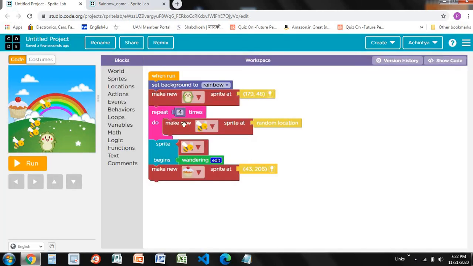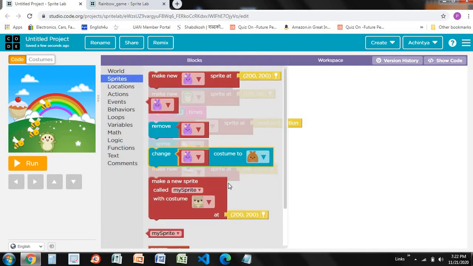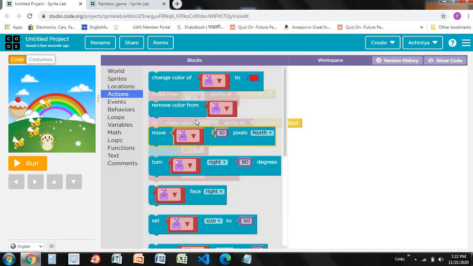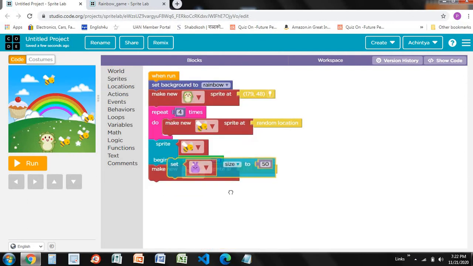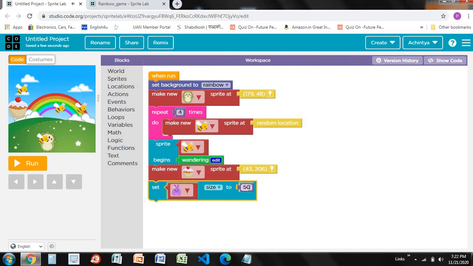And then set sprite size, so go to sprite again and set its size. Go to action, now here set size, and I want this one to look like 80. Let's make it 80 like this, and don't forget to change this sprite like this.